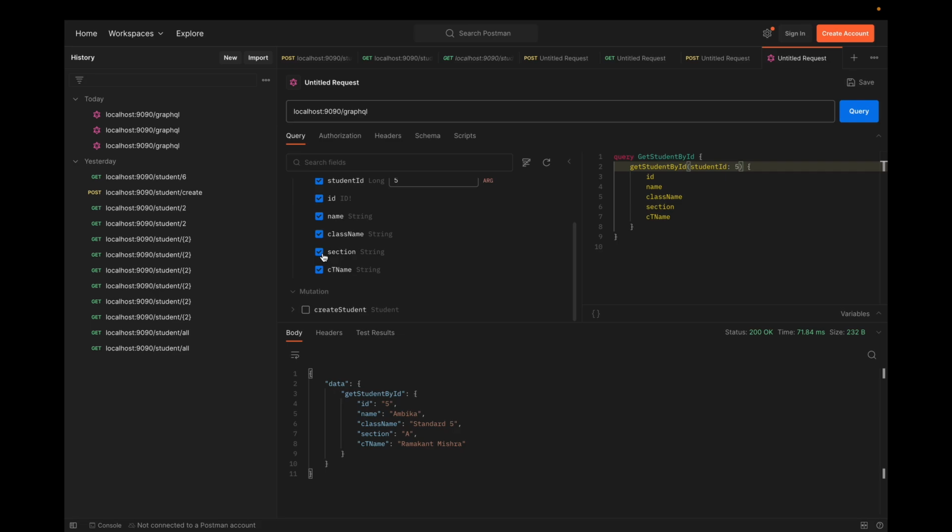So let's say we will fetch the student by ID with some custom fields. We don't need the section and class teacher name over here, and we can query that. We'll get only the ID, name and class name for student ID 5. So similarly